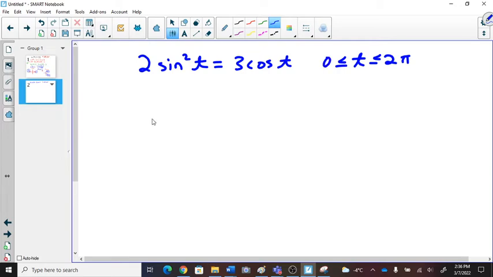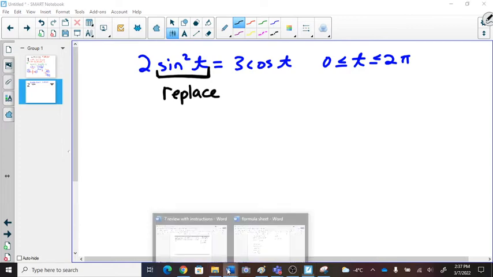Okay, this is number 2. Where can we make a replacement with something from our sheet? Can you replace sine squared or can you replace cos? What can you do? Sine squared. Sine squared. Can you go to your formula sheet and figure out